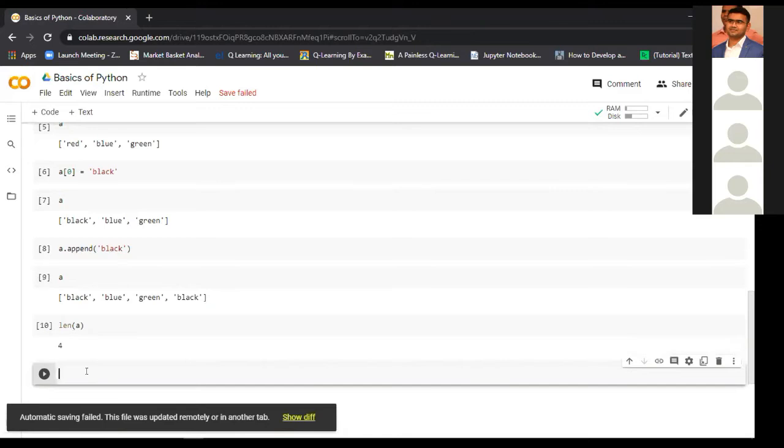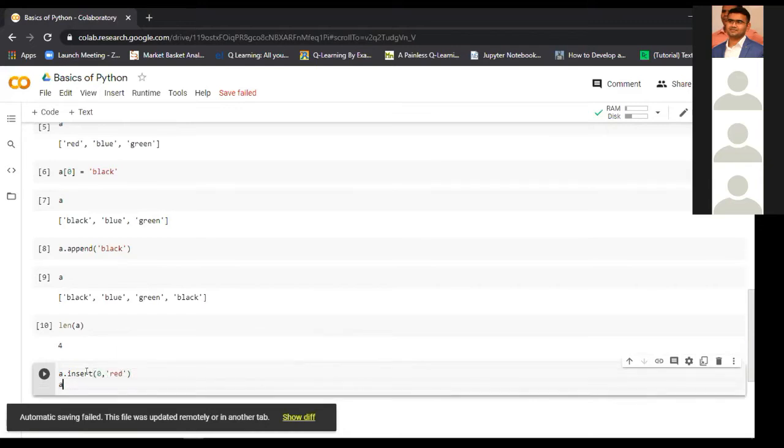So now let's see how to add items in the list. So the first method is insert. By using insert, we can add the item in that particular location. So as you can see here that it is showing index comma object. So index is the location where you want to insert that particular item, and object is the item that you want to insert. So let's again insert red into the index 0. So at the beginning we had red at the index 0. Now let's do that again and print a again.